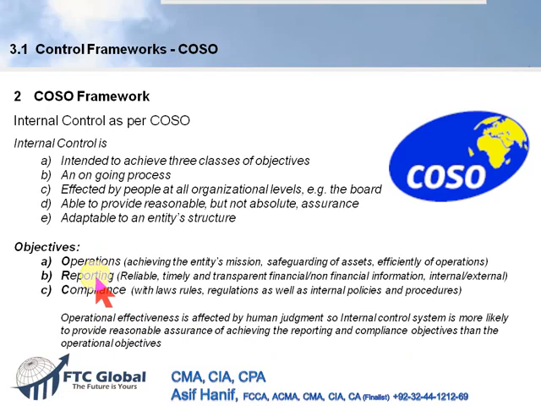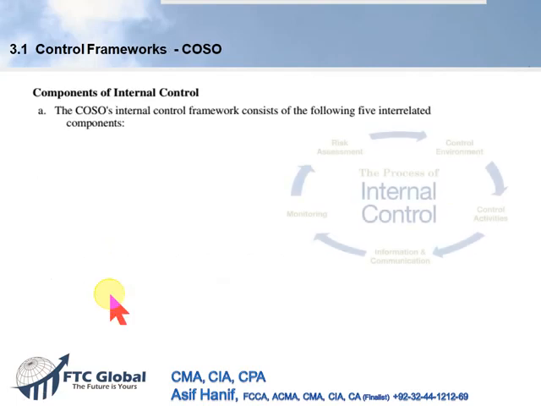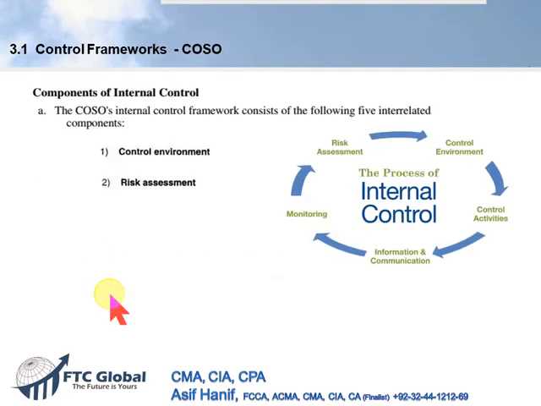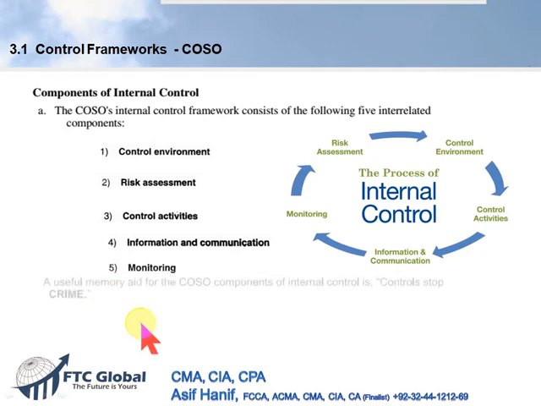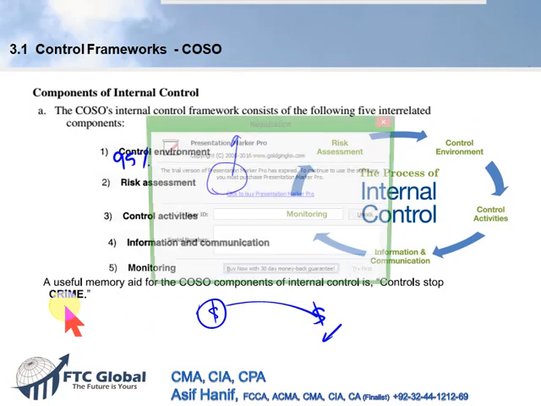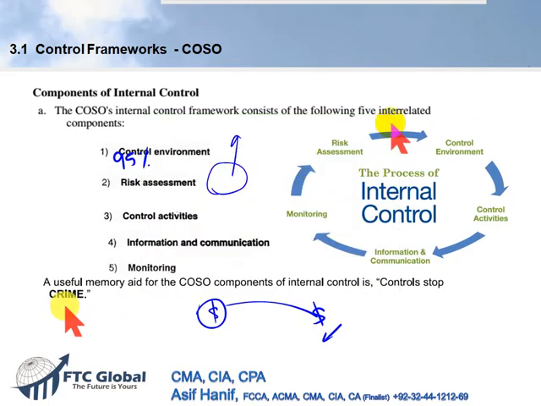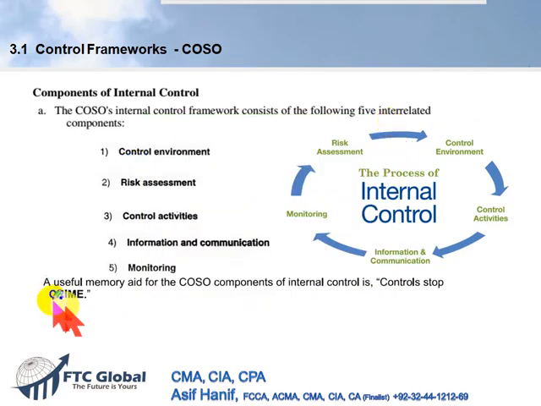So let us study the components, the cube that we already studied. These 3, operations, reporting, and compliance, are the main objectives. Then there are 5 interrelated components. They can be memorized by the word CRIME. You can easily memorize the components of internal control under COSO by the word CRIME. And how do we do that? The letter C